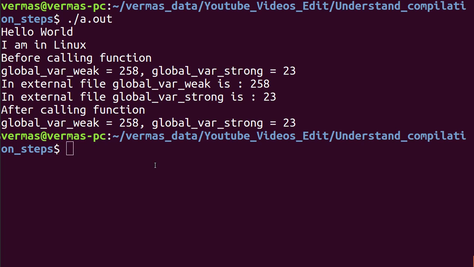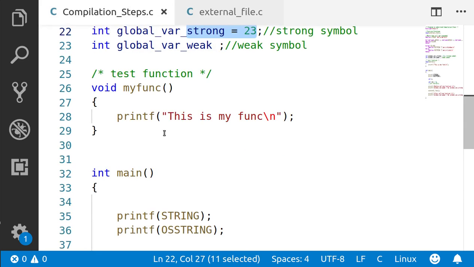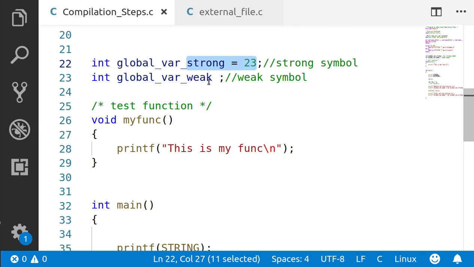You can see that before calling this function, the global variable weak is 258 and strong is 23. Since I have combined both the files, in the other file I have defined weak with the value 258, and in the first file I have not initialized it, so that's why.